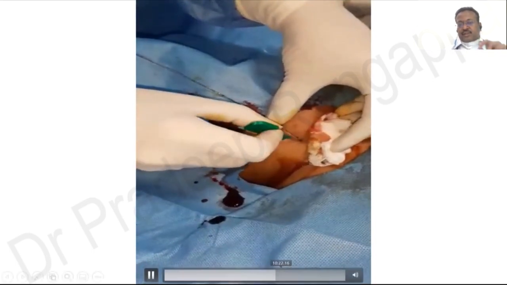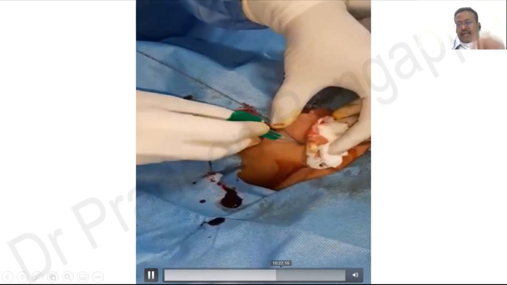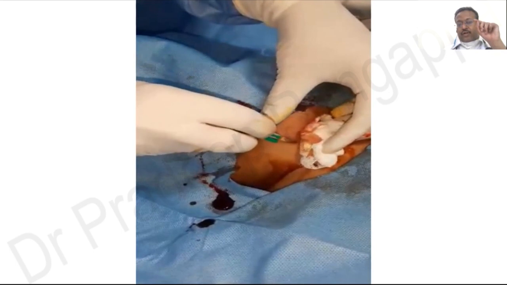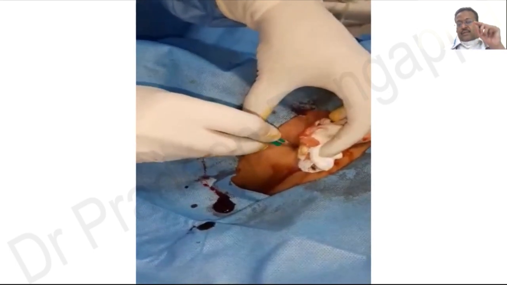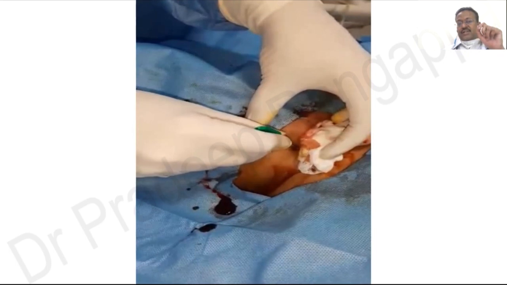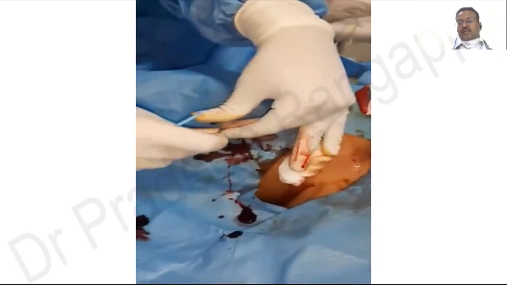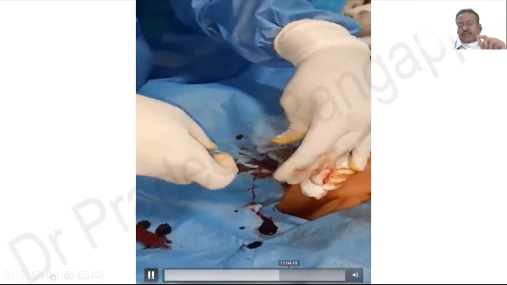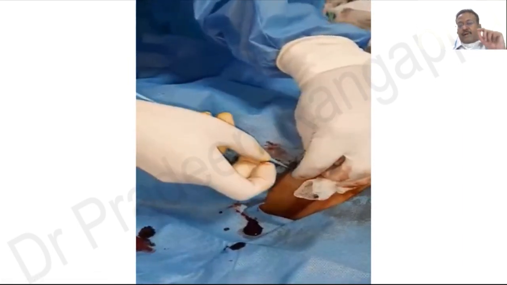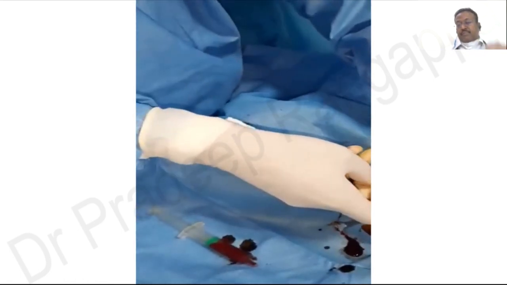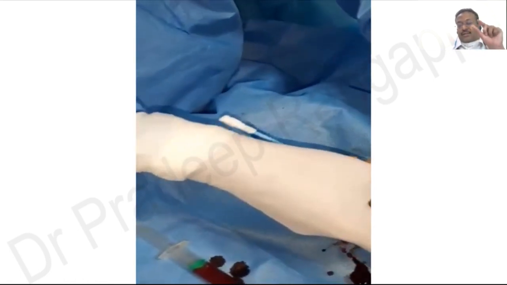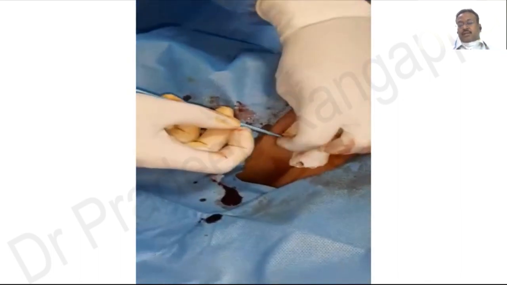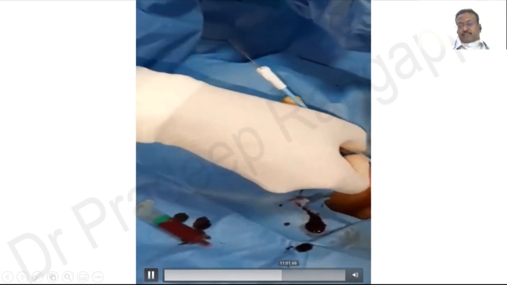So then this is a very important step I need to emphasize. You need to make a very good and deep nick, because dialysis catheter is quite a big catheter. And if you do not make a good nick with the blade, the dilator may have a lot of resistance, and in the process of pushing it against the resistance, you can kink the guide wire. So this is a very important step which every listener has to bear in mind, that you need to make a very nice deep nick with the blade for this, because these dilators are bigger dilators and the catheter is very big. So it is very important that a good nick is made.